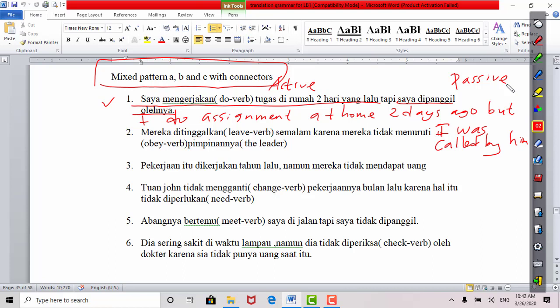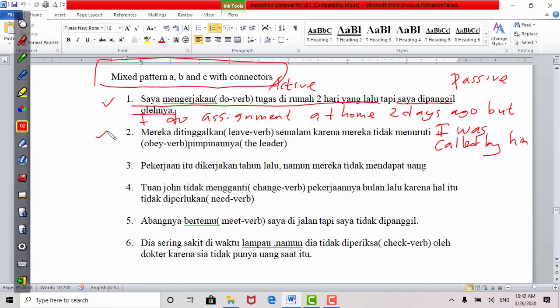Alright? I will answer number 2 also. Mereka ditinggalkan. Di- means passive. So it becomes they were left. Yeah, left. This is verb 3 from leave. Okay, they were left